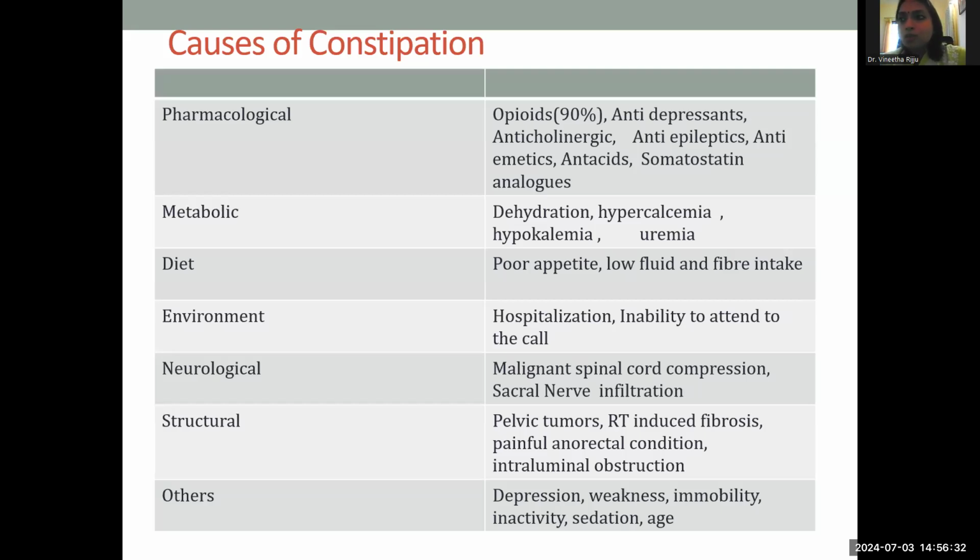When I used to go for home care, I used to ask about bowel history, and they would say yes, constipation is there. And I asked them, when was it that you had a normal stool last? For example, he would tell me 2 days back. And when I asked such patients why they had not been able to, whether they had been drinking less water, or asked a few leading questions, then you understand that actually it is a practice that is being followed.